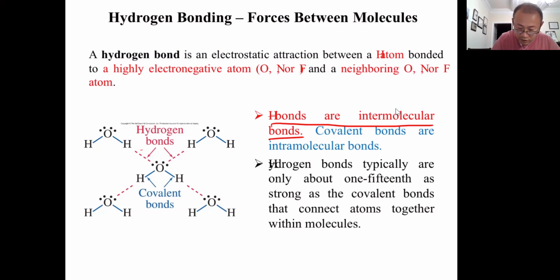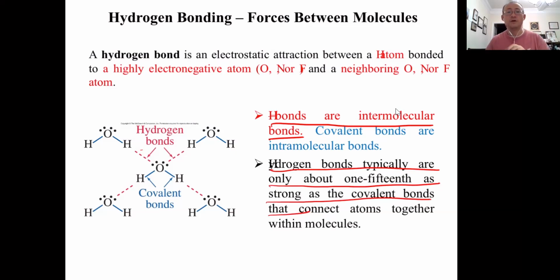Okay, normally hydrogen bonds are about 1/15 as strong as a covalent bond, which is fairly strong already, considering it is an intermolecular bond. Of course, in water, hydrogen bonds play a major role in explaining the peculiar properties of water. Okay, now you know what a hydrogen bond is. The dashed lines between the hydrogen and the oxygen of a different molecule. Of course, if we have a lot of water molecules, you have a huge network of hydrogen bonds. And those hydrogen bonds explain why water has many peculiar